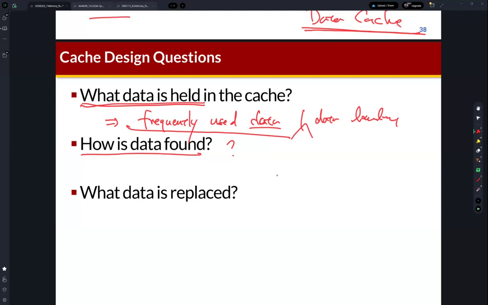Like, so ID, right? Student ID, right? And or